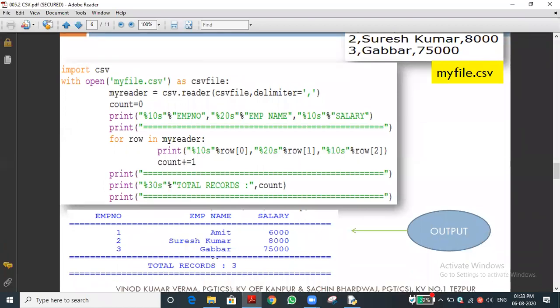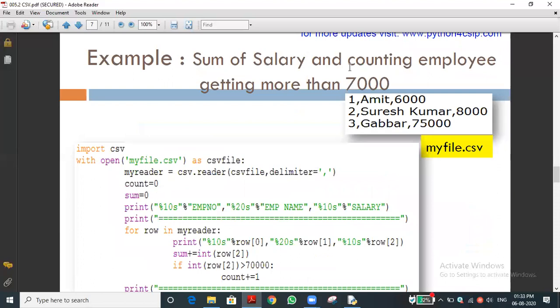Yes, sir. Beautifully they printed the output, no? Very nice. Likewise we can print. In your project also you can use this type of equal symbol, star, or dash symbol, that is hyphen symbol, for decorating purposes. Such types we can use. This is one of the unique things in our CSV file only. For the rest of the files it is a little bit difficult, but here it is very easy in this example program.